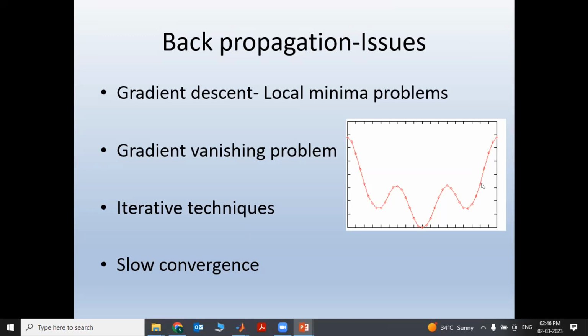For example, if I choose an initial parameter here, the training will come here and finally reach this local minima. It will be trapped in that area rather than reaching the global minima. That is a main issue whenever we use back propagation.